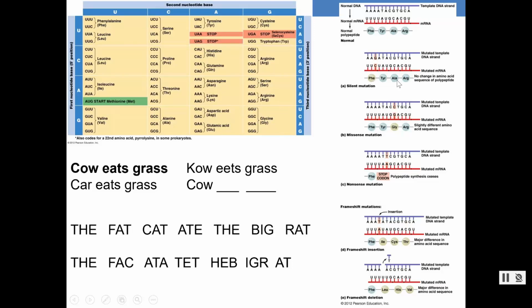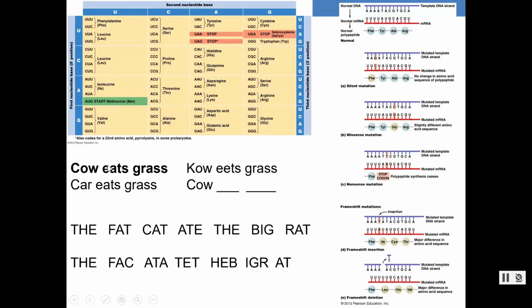There's no change in the amino acid sequence, which means the protein looks just like normal. The phenotype is the same, even though the genotype changed. This is just a variant, not a big deal, and we refer to this as a silent mutation. If it makes the same protein, even though the way you spell it is different, it's called a silent mutation. And these don't have any effect at all because it's the protein that does the work.